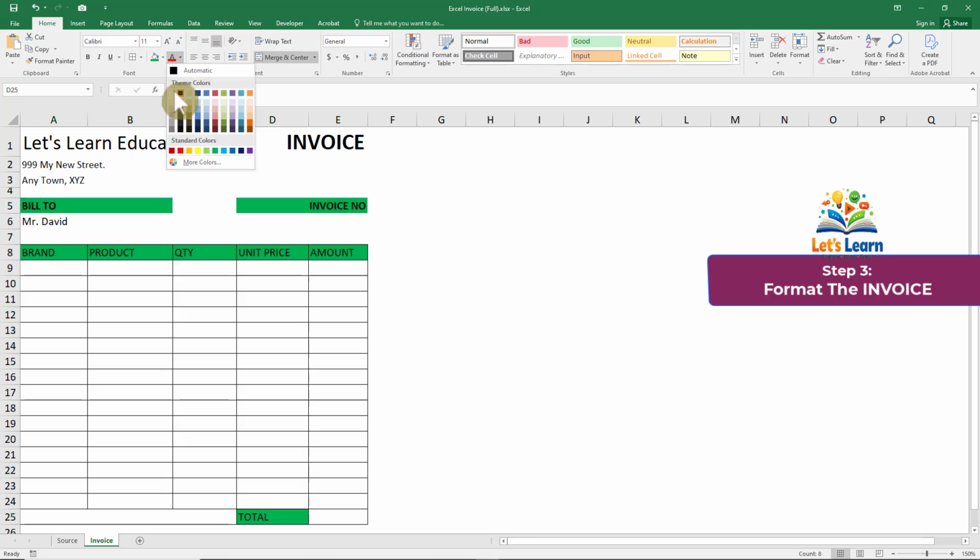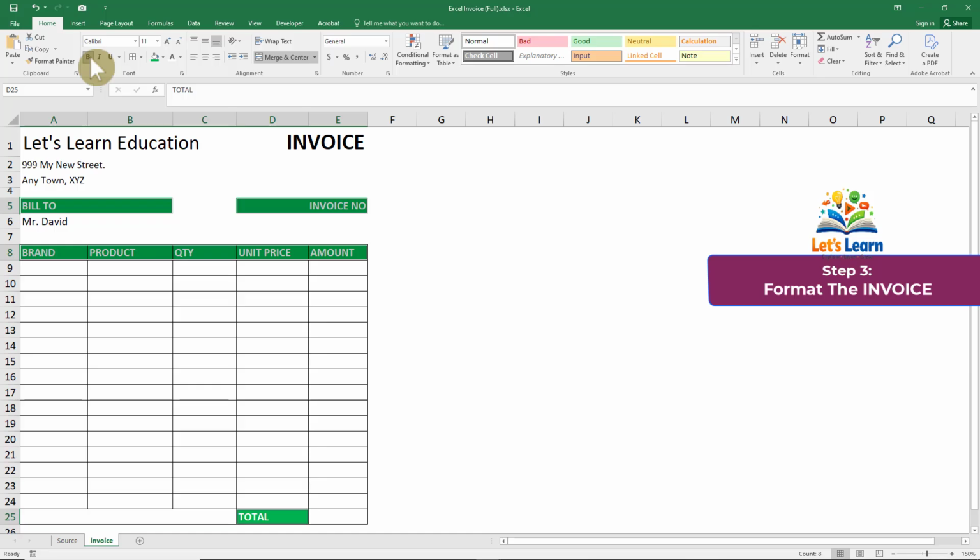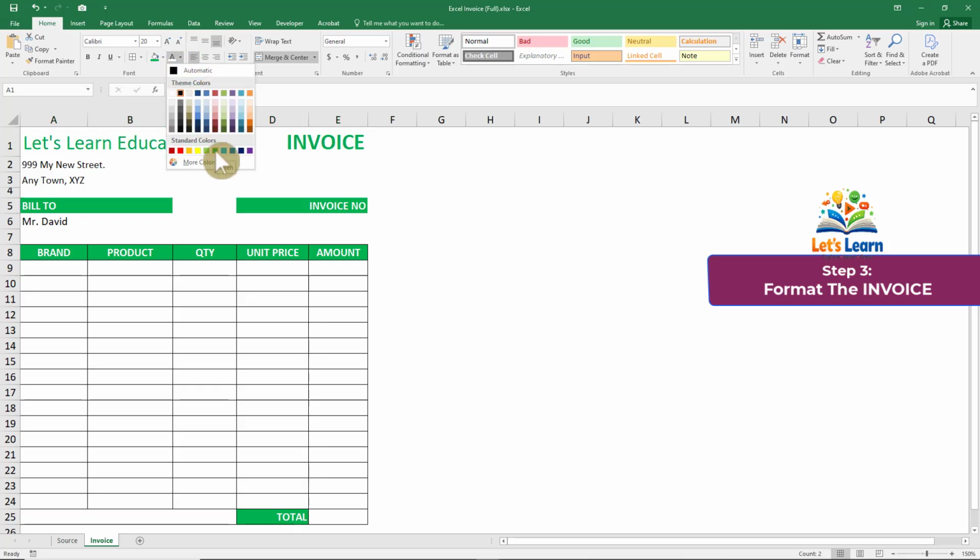Change the font color and make the text bold. I'll also center align the invoice table headers. For the company name and invoice title, I'll use the same color scheme so the entire invoice has a consistent